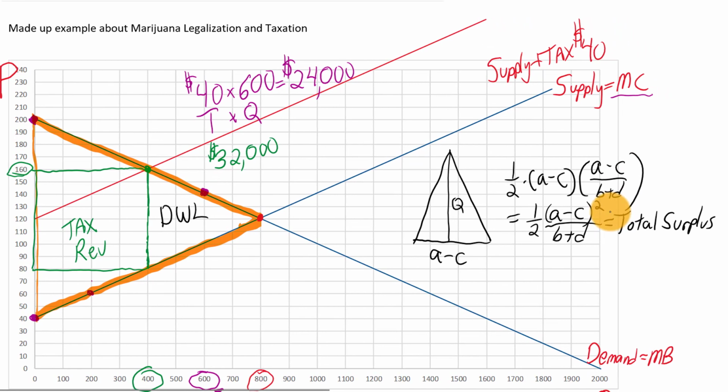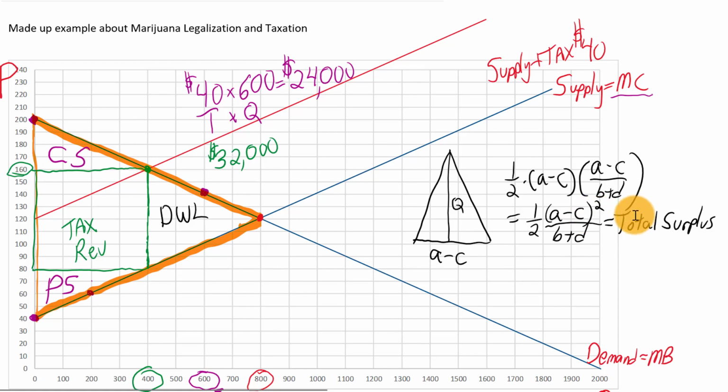So what's happening to this total surplus when we put a tax on? Well, we see a couple of things are going to happen. We're going to have a deadweight loss here, and we're going to have some of that total surplus going to tax revenue, and then some of this total surplus will still be consumer surplus and producer surplus. Well, how big are these things going to be in proportion to the original total surplus? Is there something interesting that we can say about that?